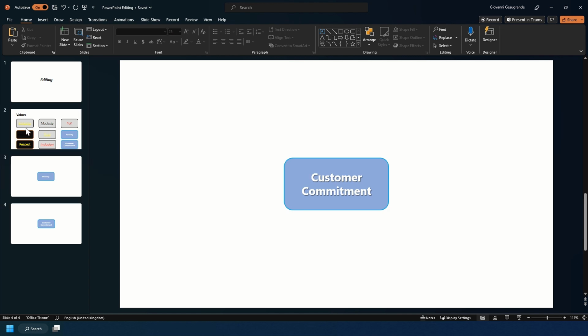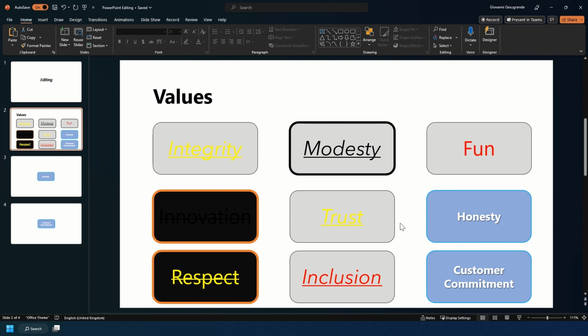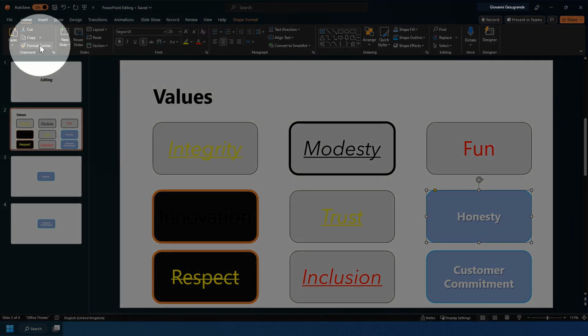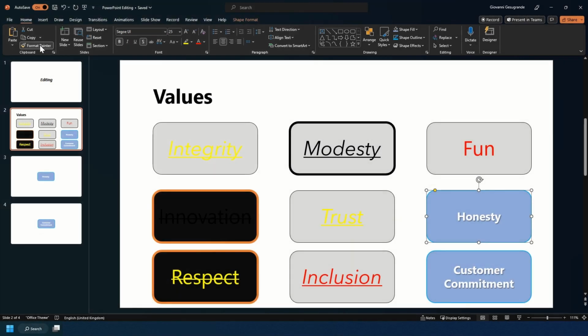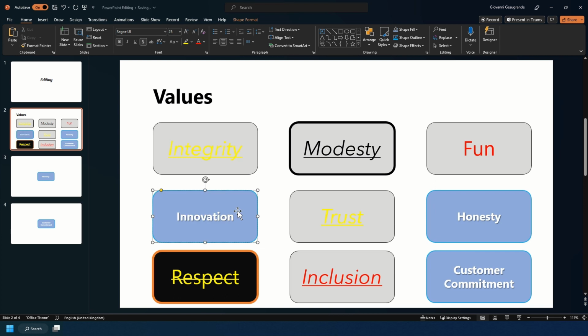Now you might note there's a bit of mismatch in formatting of all of our 9 values in this example. Now you can fix this by using Format Painter. Now you can select your desired format like we have for honesty, and you can click Format Painter in your clipboard section of the home pane on your ribbon. If you click that, and let's say I select this one because we have no idea what this says. If we click that, you see it's copied across the formatting, the text, the font, and any other parts